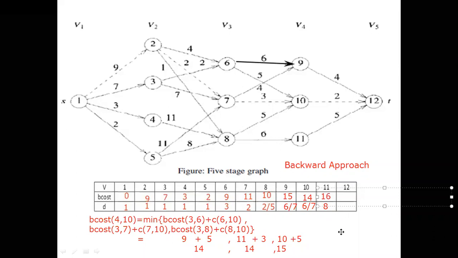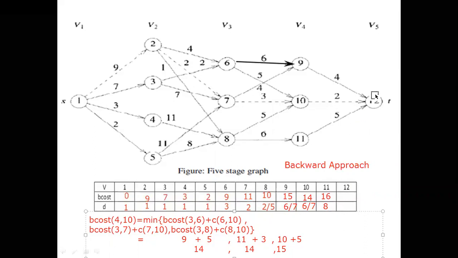Now we will do our last value. What is the last value? 12. How many edges are coming? 3. And do not confuse this 11. 11 is the shortest path from 1 to 11. That's why the big value is coming as 16. 1 to 11, what is the shortest path? Total length is 16. I hope it's clear. For 11, from which vertex is it coming to 11? It is 8. Clearly for D value, you will understand once we write the shortest path.